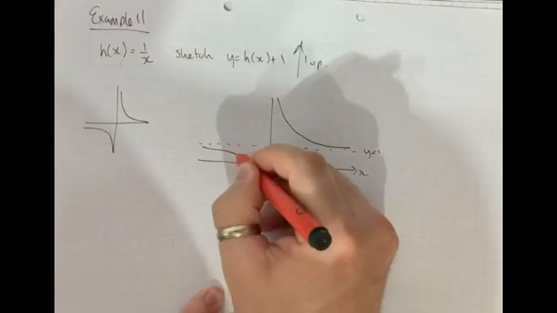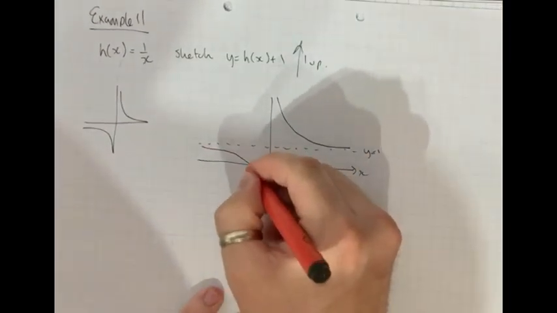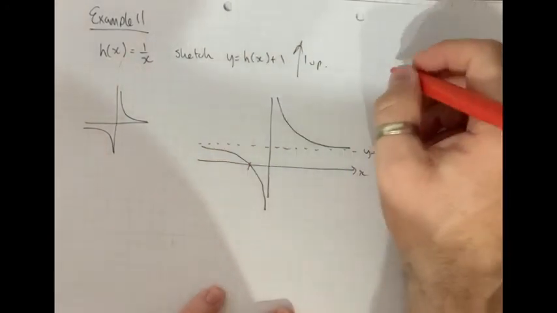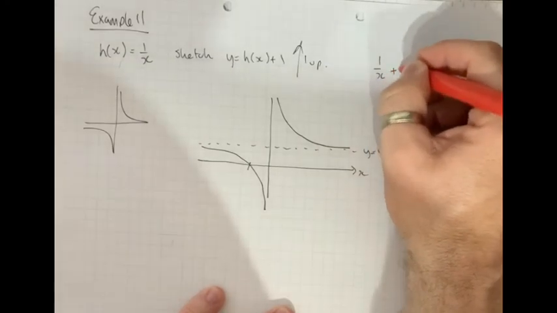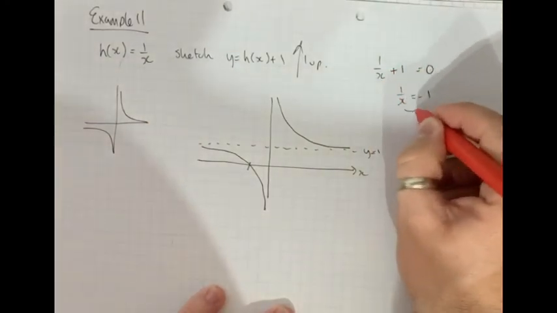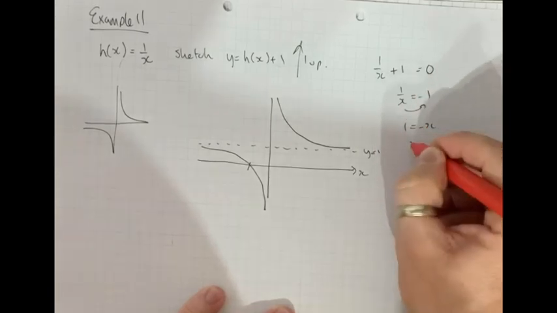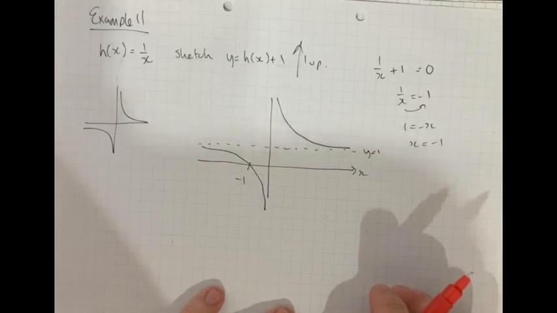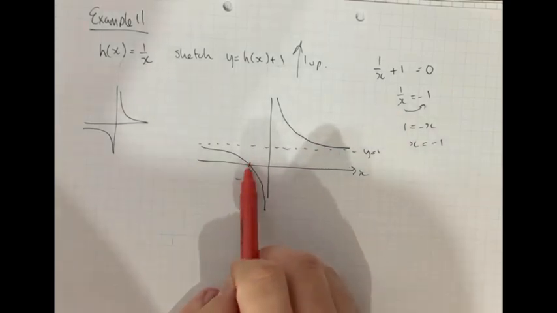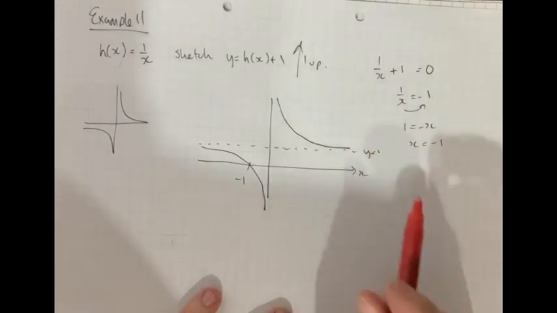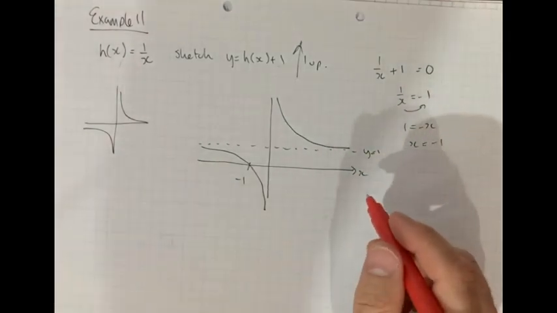So the only thing left to do is work out where it crosses the x-axis. Well, h of x plus 1 is going to be 1 over x plus 1. When does that equal 0? Or 1 over x equals minus 1. 1 equals minus x, x equals minus 1. Okay. So it crosses the x-axis at minus 1, with an asymptote at y equals 1. That's the general sketch. So if we have a go now, exercise